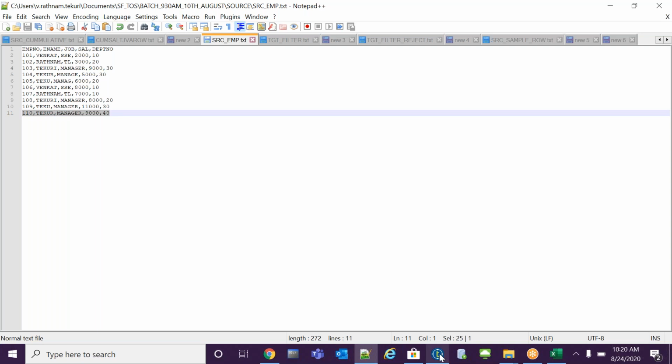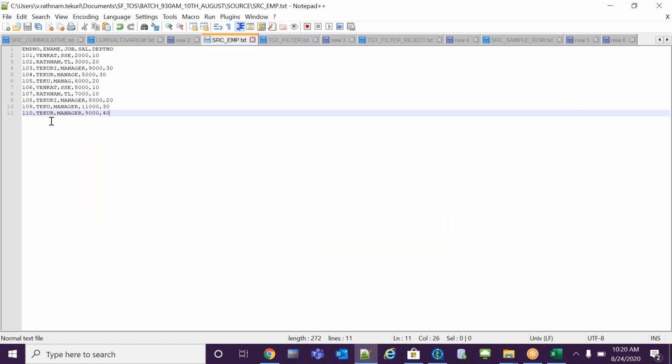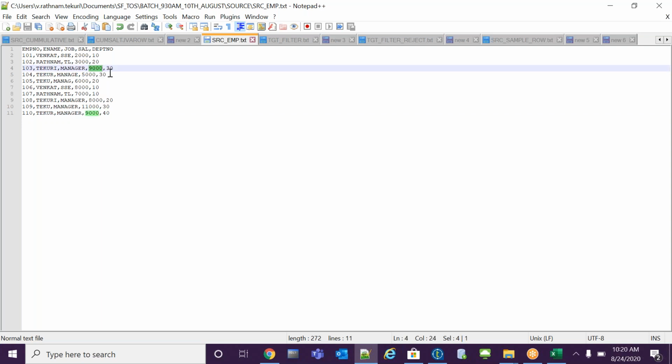Team, suppose this is my company. I am giving salary for the employees, but for this maximum one I have given 11,000. Some people are getting 9,000. That is the second maximum salary.